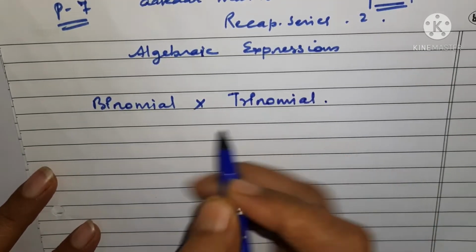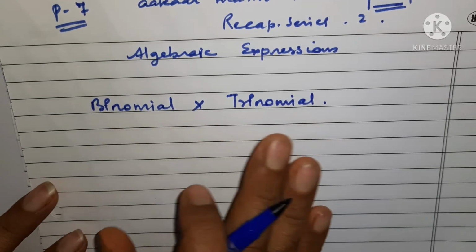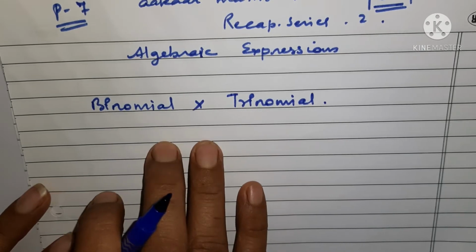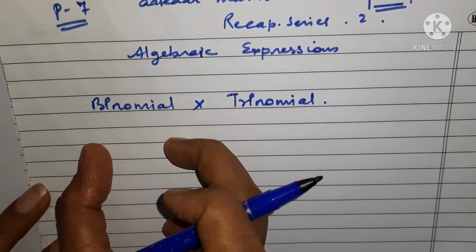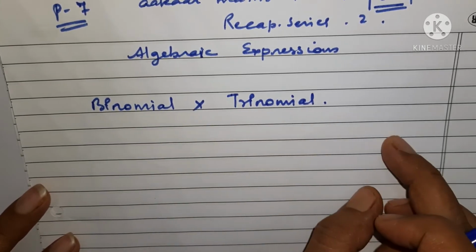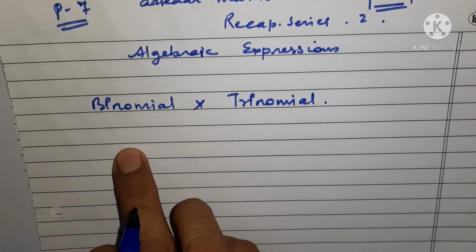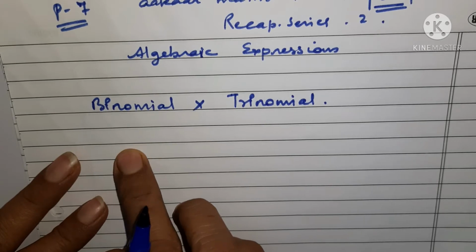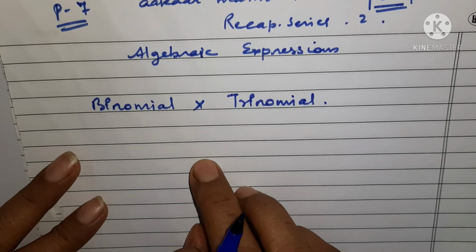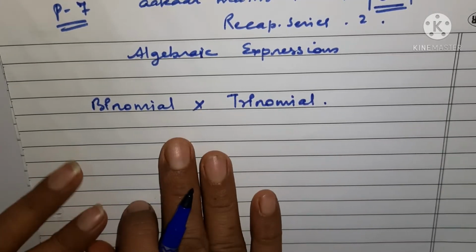The process is the same as the previous one. We have seen how to multiply binomial with binomial. The same process is going to be applied here. We will just open the first bracket and then apply the multiplication all over the second bracket. Each and every term is to be multiplied with the first term of the first expression. Similarly, each term of the second bracket is to be multiplied with the second term of the first expression.